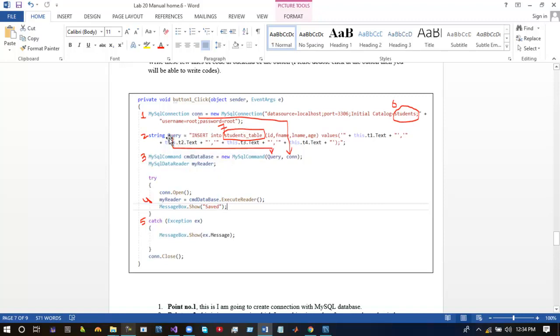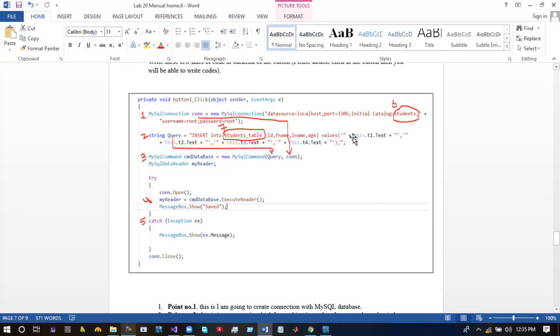Line number 2, in this line we are assigning this query in a string query. So insert into student underscore table. We have already included the name of the database, so no need to include it over here, just put the table name. The first attribute is id and the second attribute is first name, last name, age.